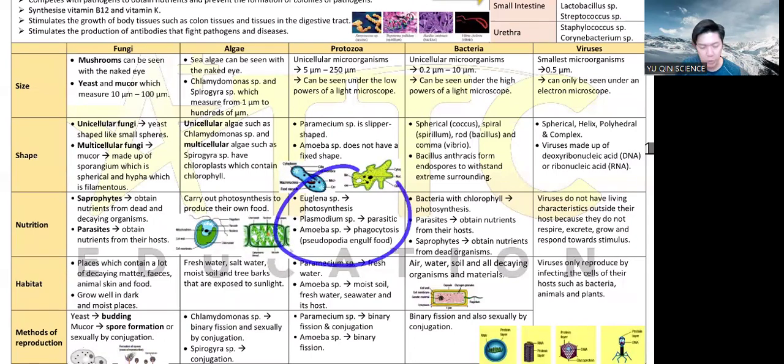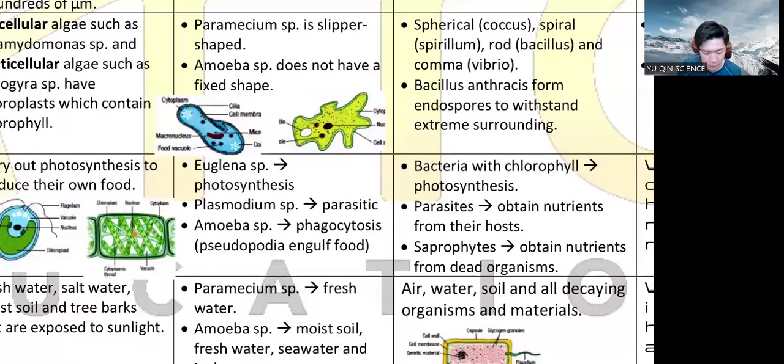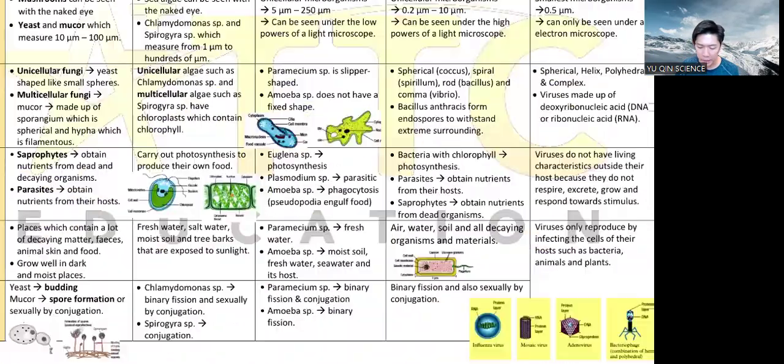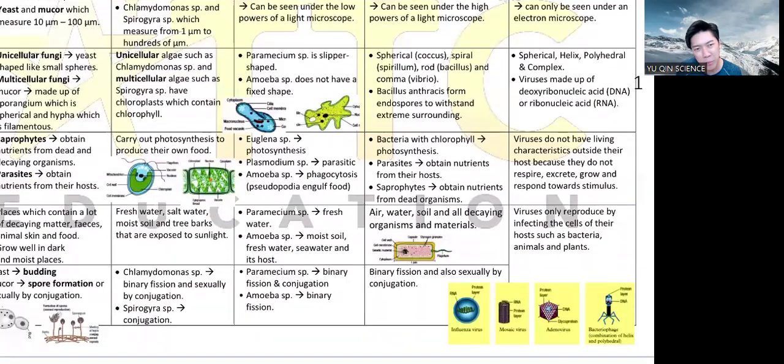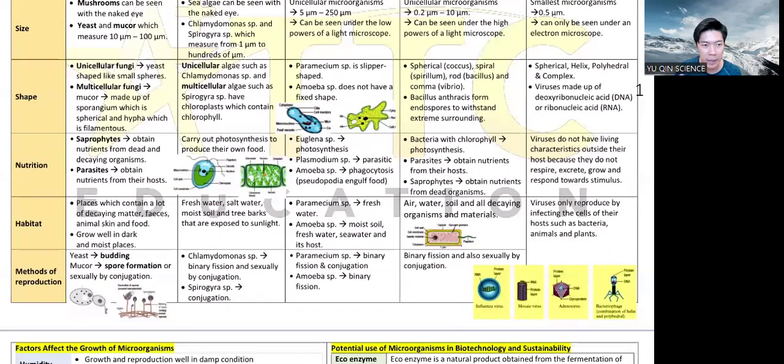Then protozoa also has three of them, but one special one called amoeba. Amoeba does phagocytosis. Phagocytosis means swallowing the food, to engulf, literally swallow. Okay, so then bacteria has all three of them. And virus basically they don't eat, they live in your and my body to obtain nutrients. So that's the way that they get their food.